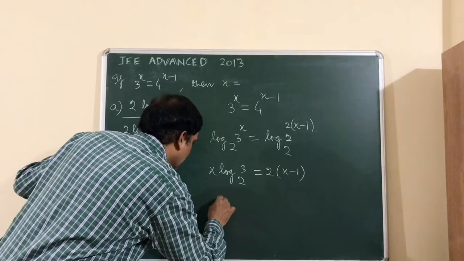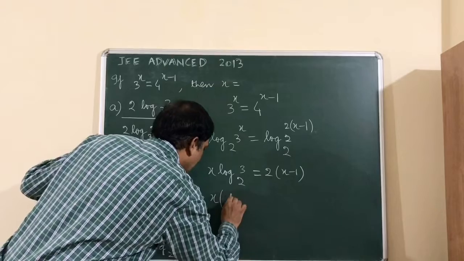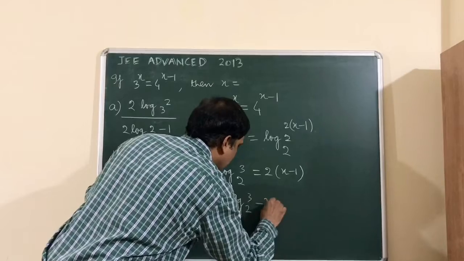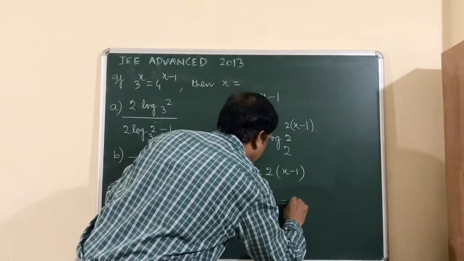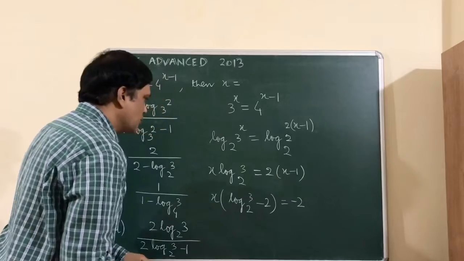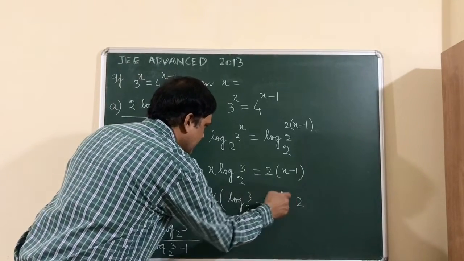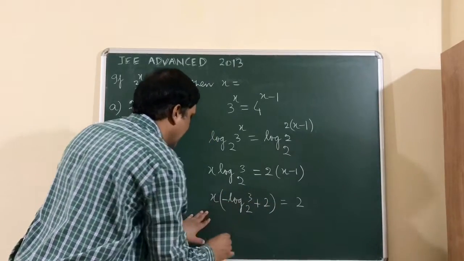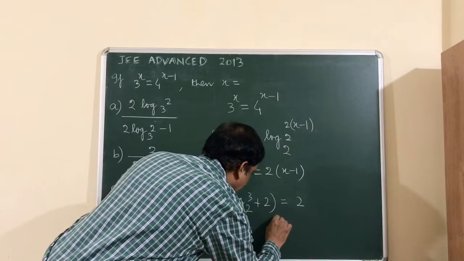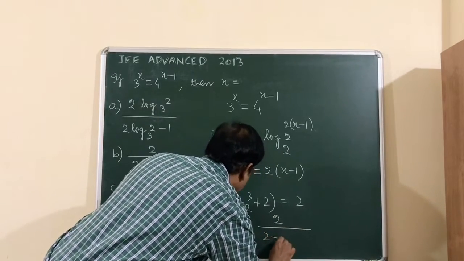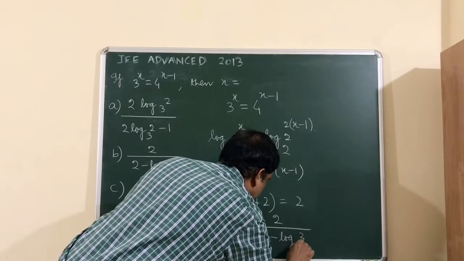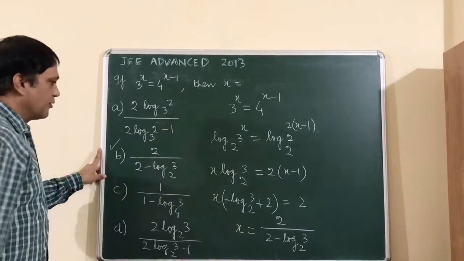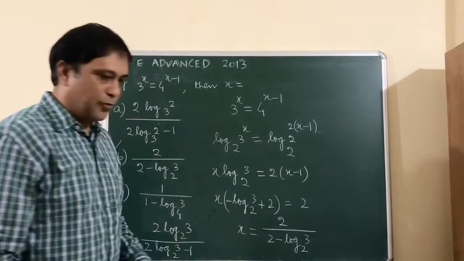So now we can find x's value very easily. x I will bring to one side, so this is x log 3 base 2. And if we bring the other term over here, you will get minus 2, and x I have already taken common, and the other side will get minus 2. So I'll cancel the minus sign on this side, making this positive and this side negative. So x's value we get is 2 divided by 2 minus log of 3 base 2. So I'll check whether any other option is there. You can see option B is correct. It's a more-than-one-correct question, so we'll convert the rest of the options also.